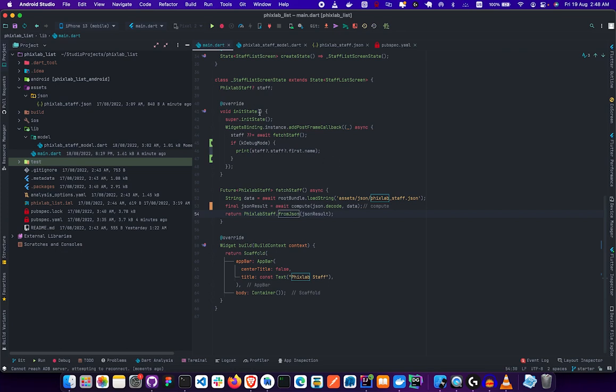So if you also check in my init state here, you see that I have a call to that function, fetch staff. So I have a nullable staff object, and I am assigning whatever I have fetched from this very place to the staff, and if this is null, then assign this to it. All right, then I'm printing the first name of that particular first staff. All right, so